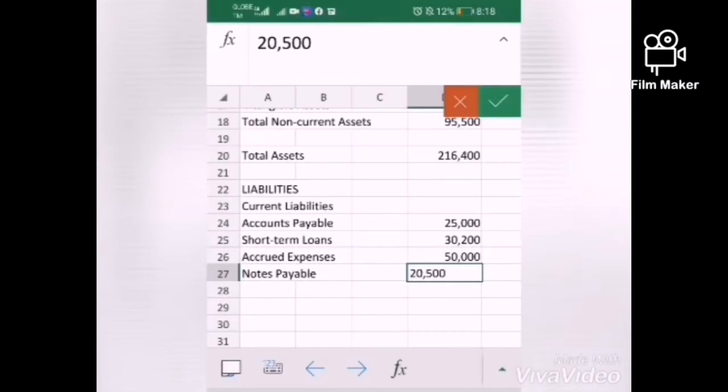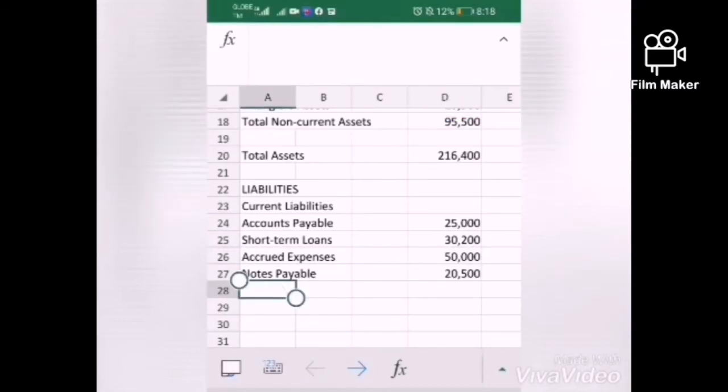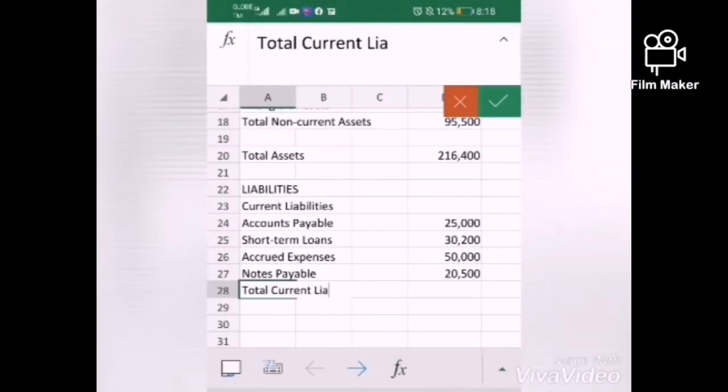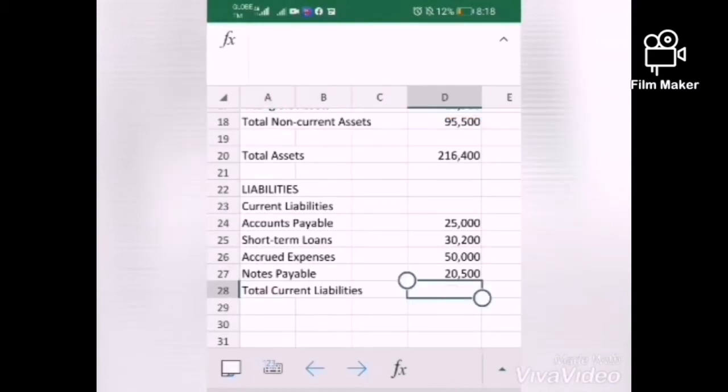Then, if you add them, it will give us a total current liabilities of 125,700,